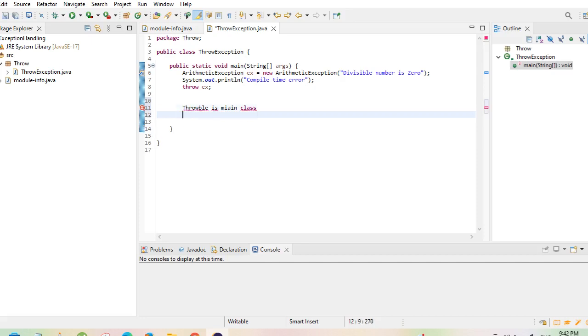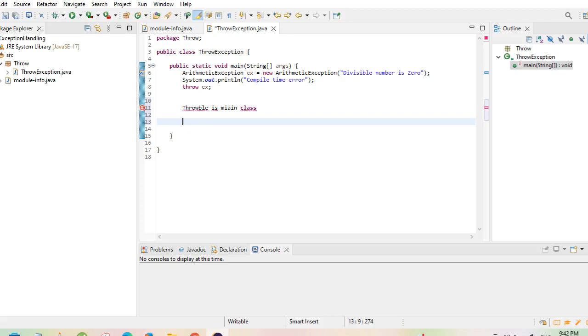With the throw keyword, you can create an instance of any subclass which is under the Throwable main class. You cannot use the throw keyword with other classes. If you create any new object and try to use the throw keyword, it will not work.